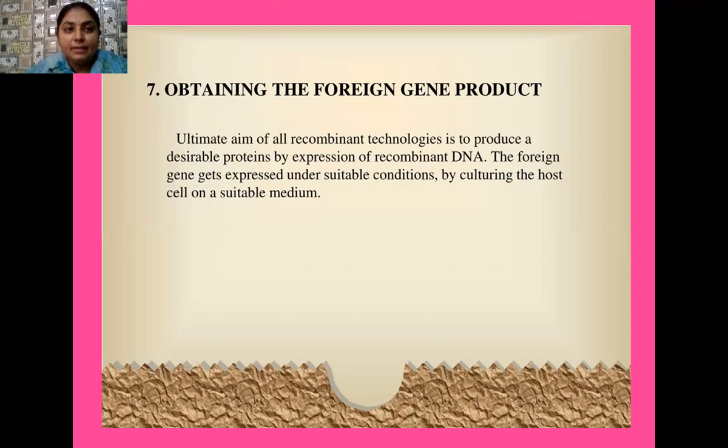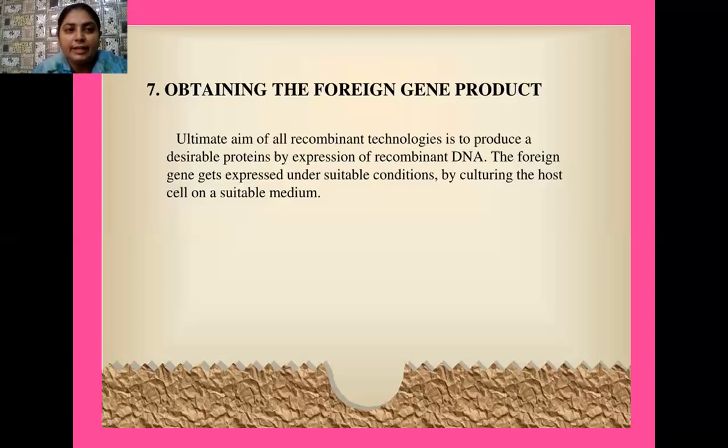progeny cells. Now the next thing here is that our desired protein is now present in the host cell, but the rate of multiplication of those host organisms is not very rapid. So that's why the replicas of our recombinant DNA produced by the host organism are also fewer. So in order to increase the number of host cells, we culture these host cells in very large containers which are known as bioreactors.